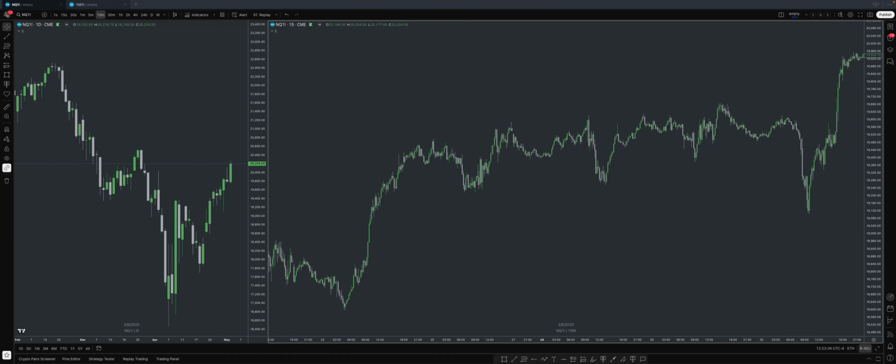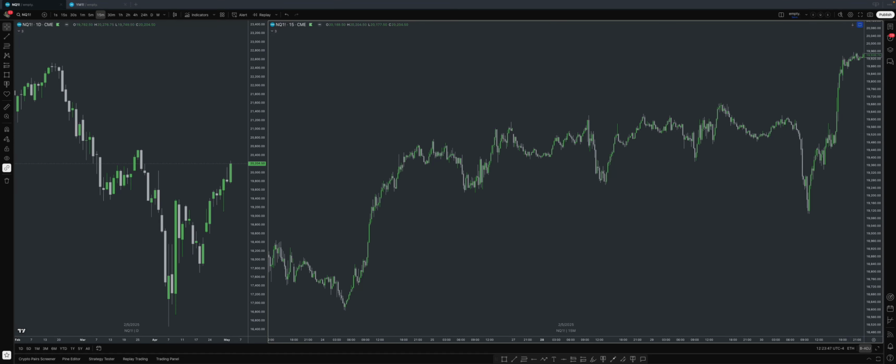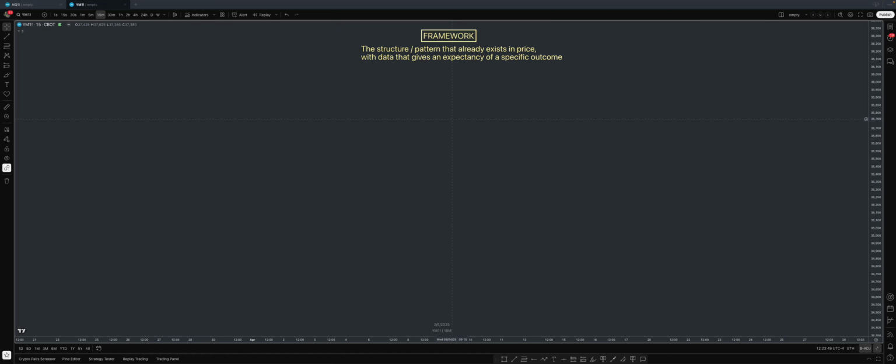and I'm going to go over how I would go about coming up with it and the process for it. So to start with, we always start with a framework. And first I'll just explain all the 3 different steps, and then I'll show how it fits in with this example. So a framework is the structure / pattern that already exists in price with data that gives an expectancy